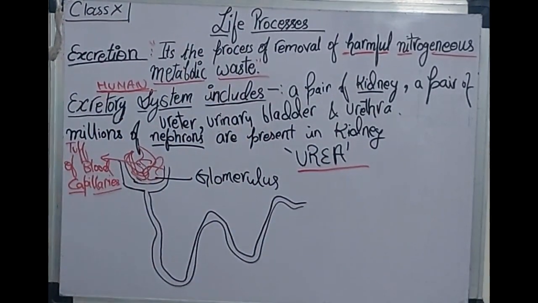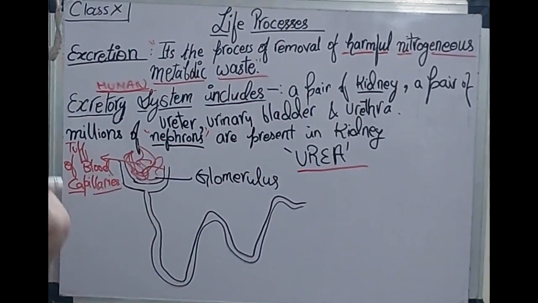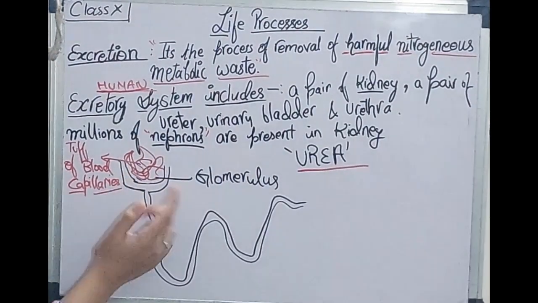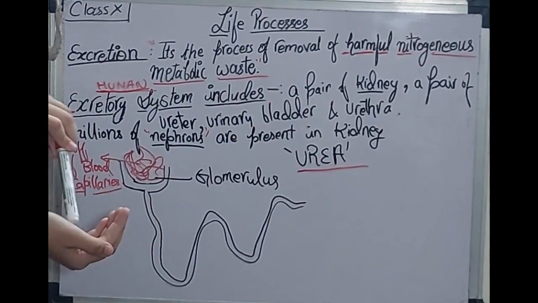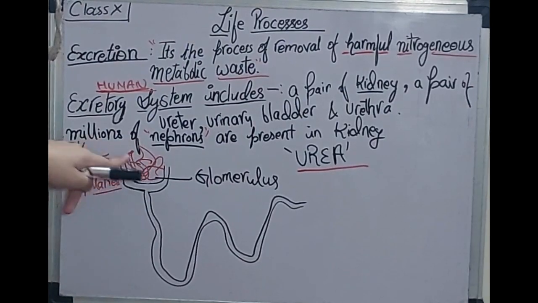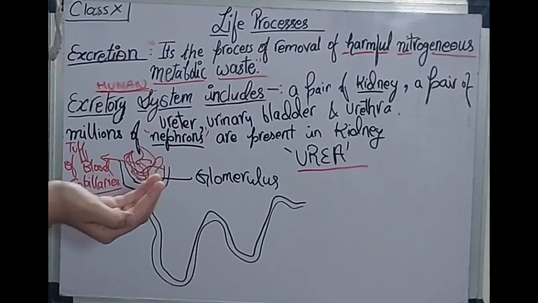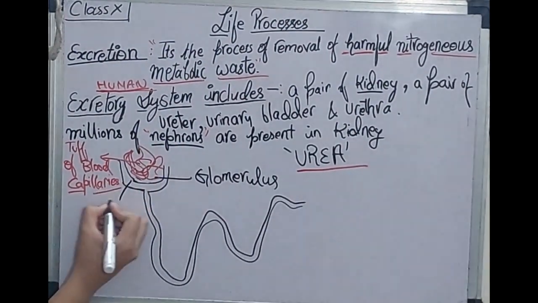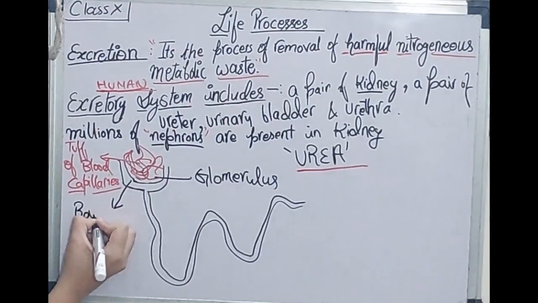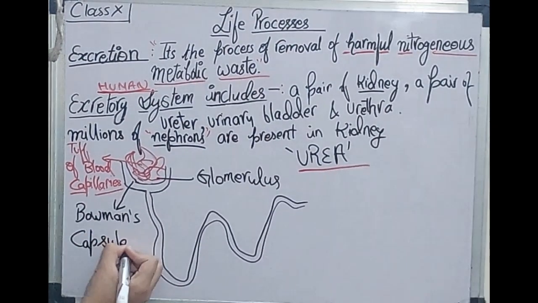And now I'm going to tell you how in nephrons this urea is filtered out. ये urea separate होता कैसे blood से, ठीक है? So this is your blood capillary. This bowl-like structure is where a tuft of capillaries is present. Glomerulus is a tuft of blood capillaries. ये जो blood capillaries का tuft है, this is what glomerulus is. And ये जो bowl-like structure है, which is holding on to these blood capillaries, is known as Bowman's capsule. ठीक है,